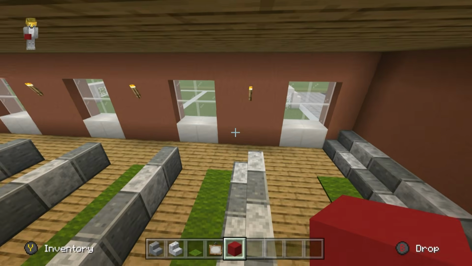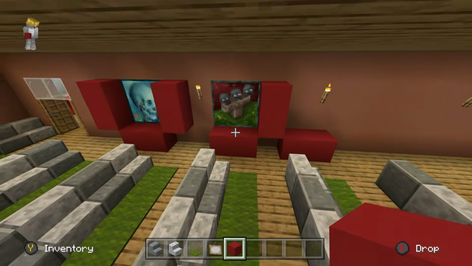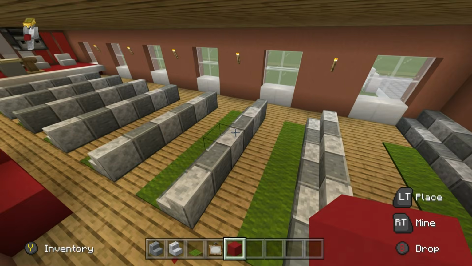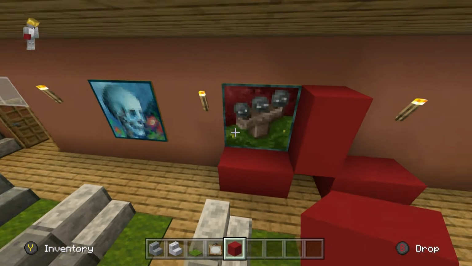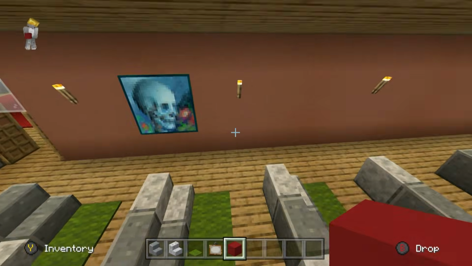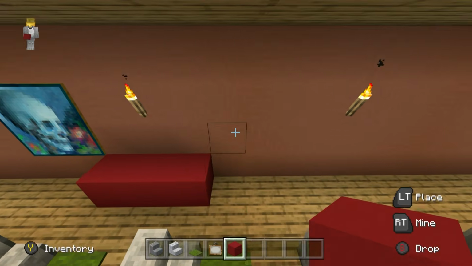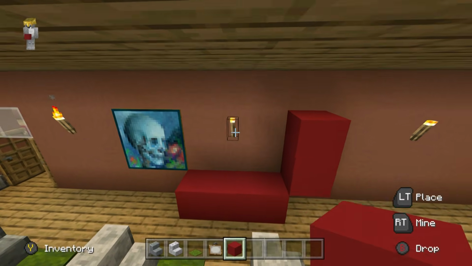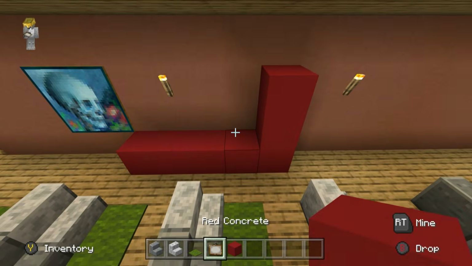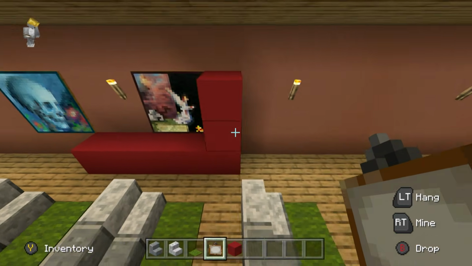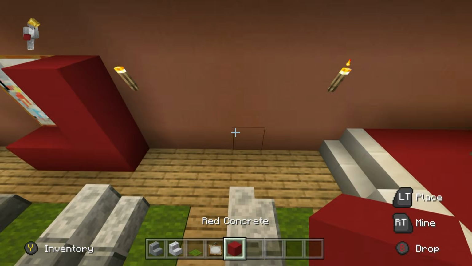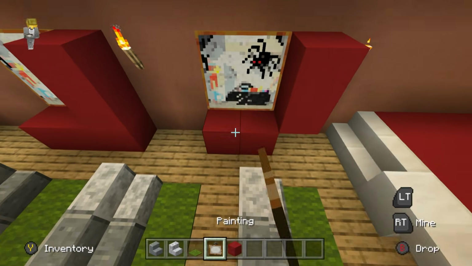I was lining it up with the gaps of the chairs, but the windows are 3 blocks away from each other. Knowing that, we could do this, but then they get in the way of the torches. So I'm just going to place them randomly a little bit then. Something like this will be fine, and these could be posters for